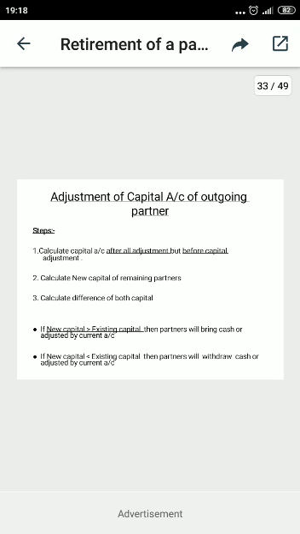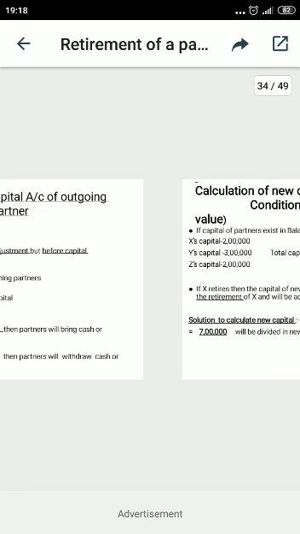This second point is very valuable because it creates a problem. So I will tell you how to calculate the new capital in different circumstances. When the new capital is derived, you have to compare the second point with the first point and see the difference between the two. If the new capital is more, then the partners will bring cash, or you may say the adjustment will be done through cash or the current account. But if the new capital is less, then the person will withdraw the money. So here the question is, how will you calculate the new capital in different circumstances?